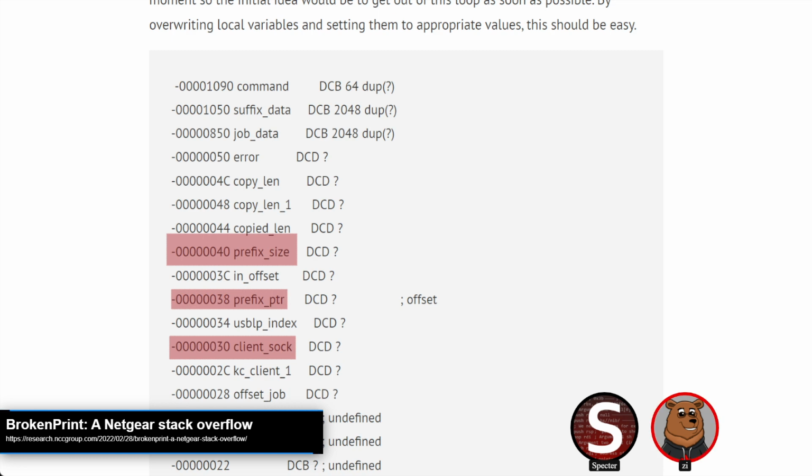So kind of a fun case for getting that leak. Once they had the leak, they ultimately went with a ret-to-libc style attack, just targeting getting a call to system with arbitrary data, rather than going for a full ROP, because this is ARM 32-bit, so if you're not familiar